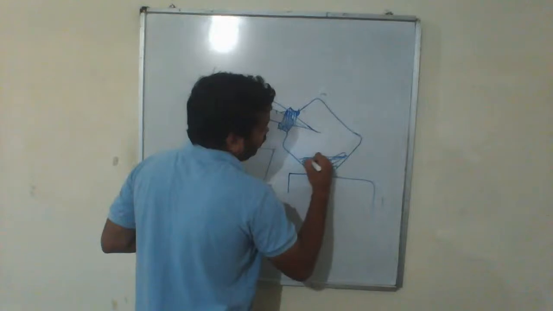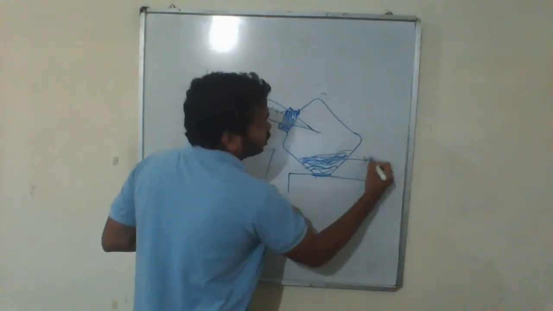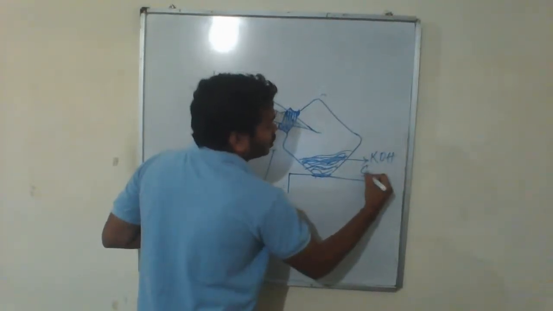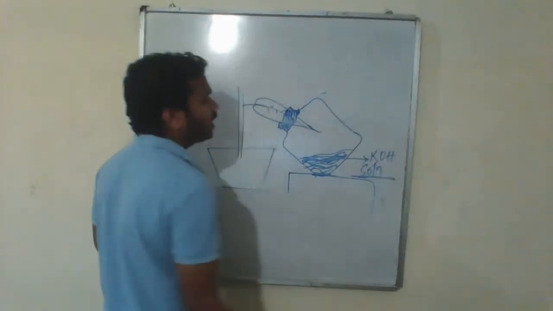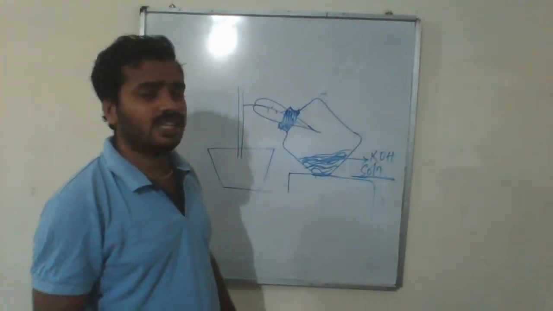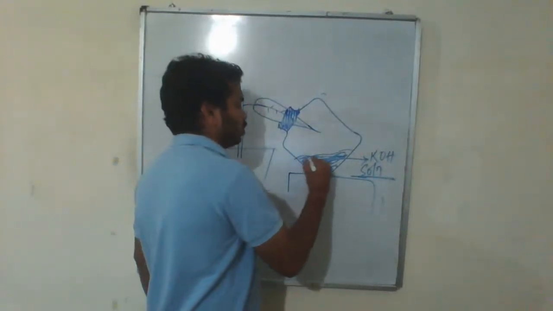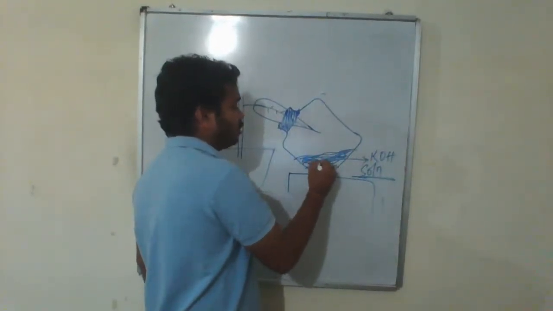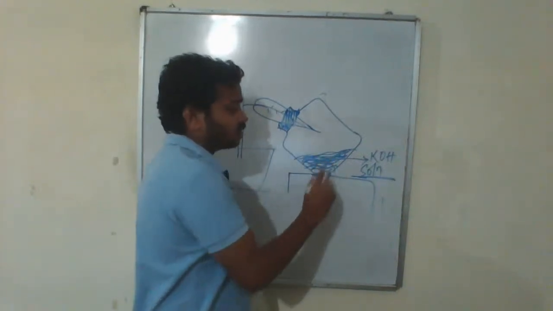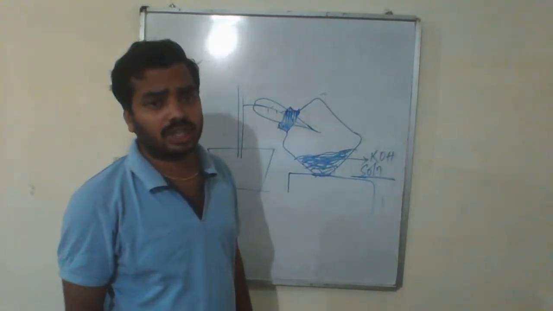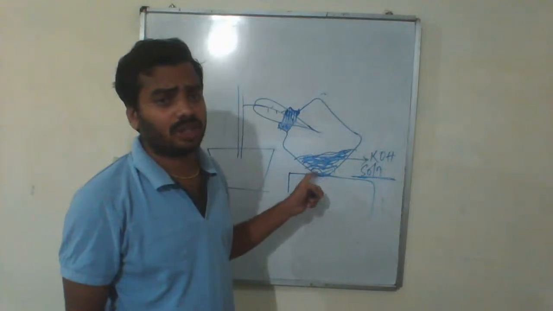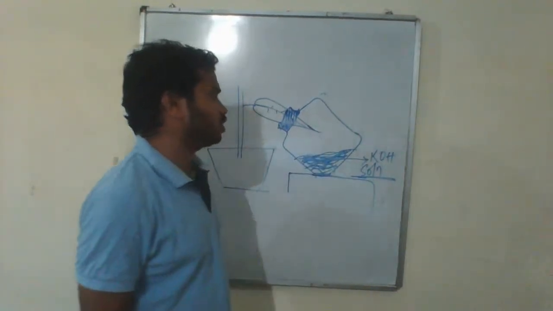In this particular bottle, you have to assume KOH solution. You have to take KOH solution in this, or else you can take KOH pellets also. మనం ఏం చేసాం, KOH solution తీసుకున్నాం. So KOH solution has to be taken such that this leaf must not touch the KOH solution. Remember that leaf must not touch the KOH solution. So the KOH solution is taken.